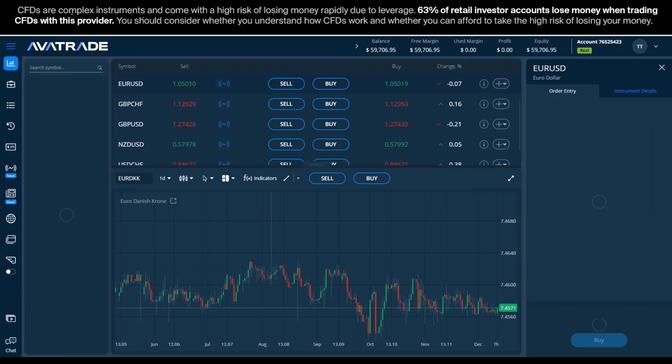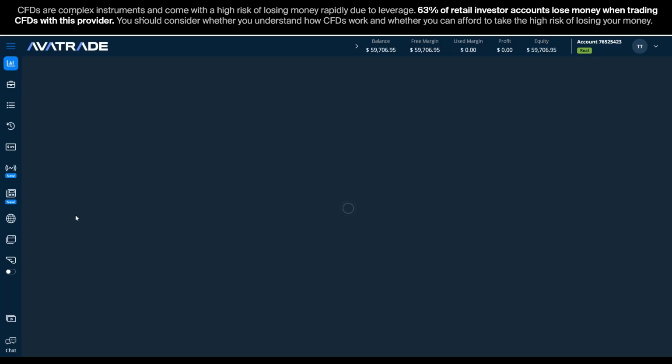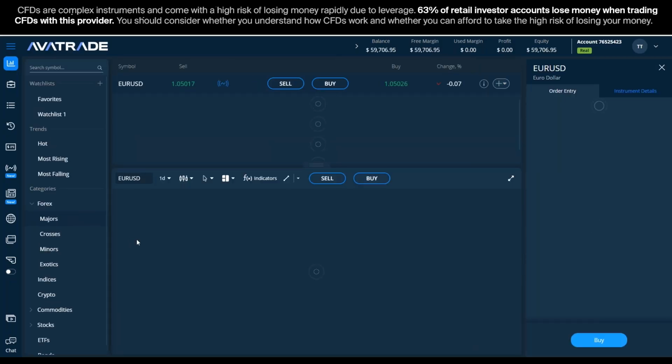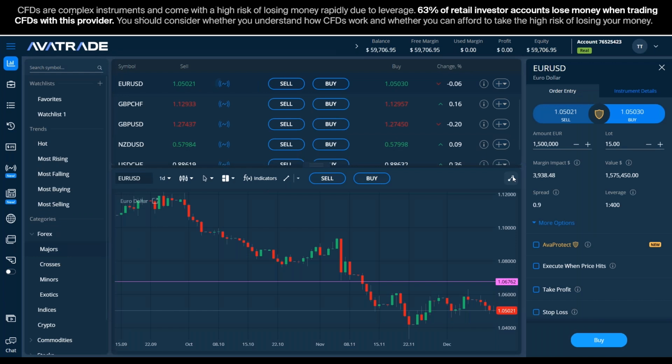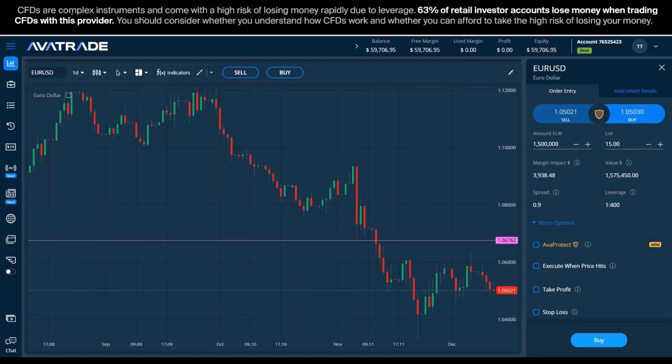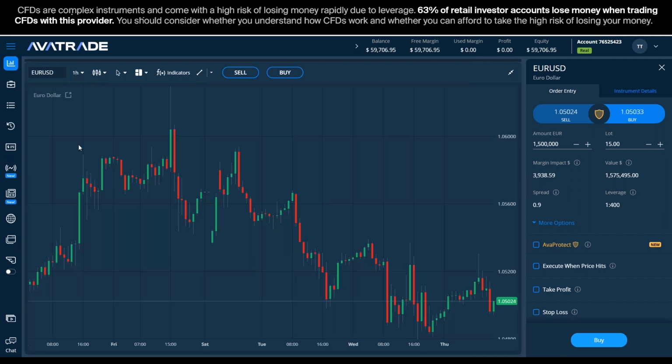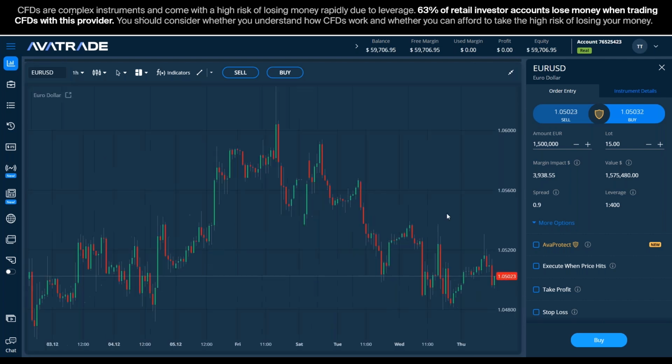I'm just trying to get the chart to load. Let me refresh the screen. Maybe that'll help. There's Euro USD. Okay, so Euro USD, if I take a look at, let's get off the one-day candles and maybe I look at something different. One second. Okay, so if I'm looking at one hour candles, I can see